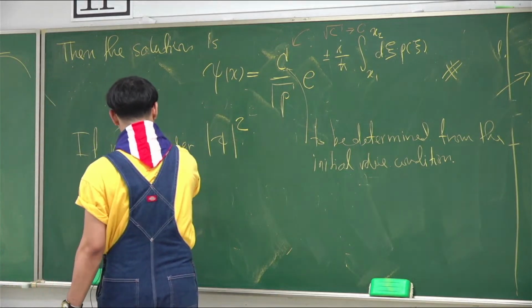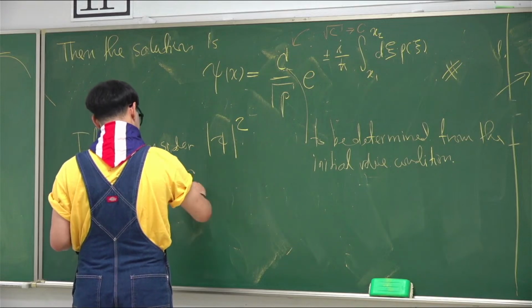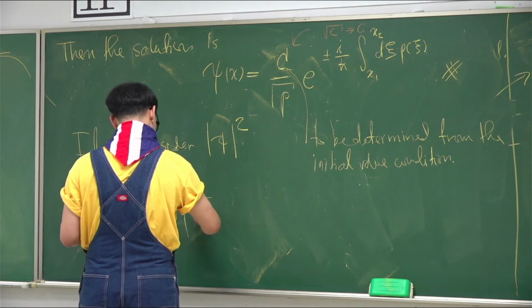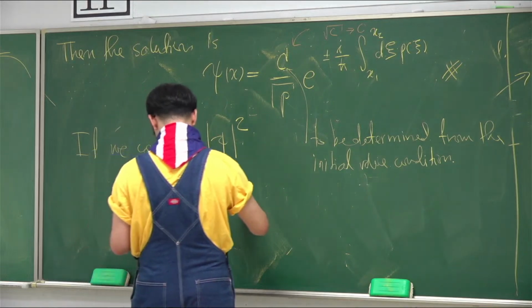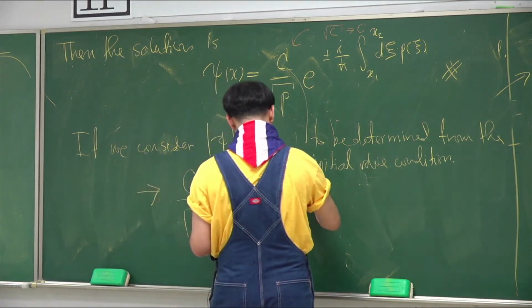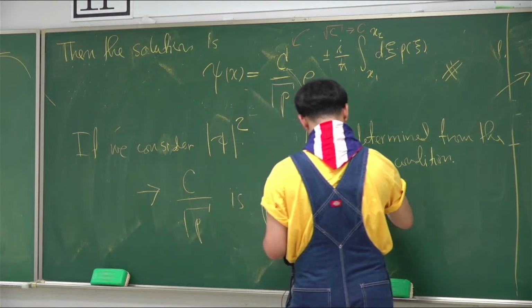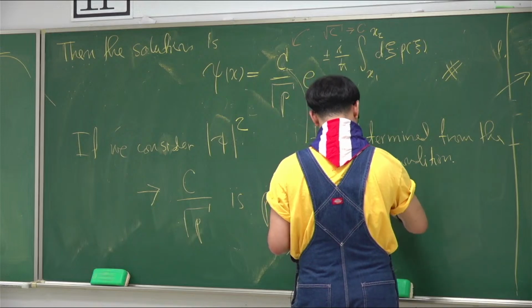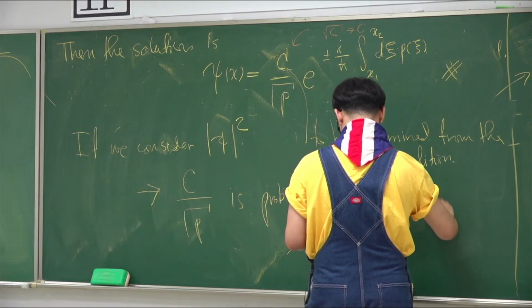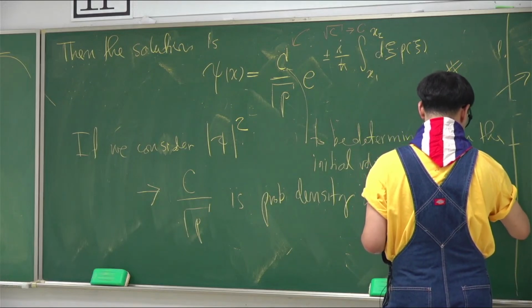So it means that this C is a probability density of finding the particle